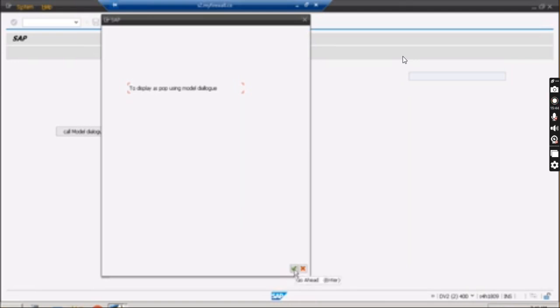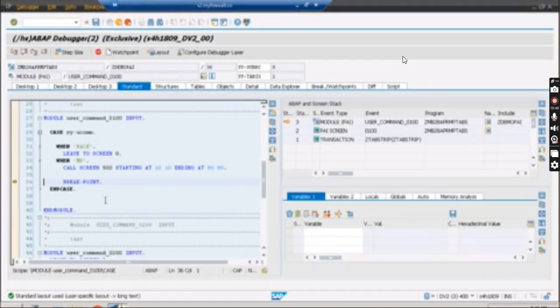If we click on this OK, you can see that it's triggering the breakpoint and coming to this breakpoint. That means it's resuming the previous session, because you are using the call screen 500 statement.